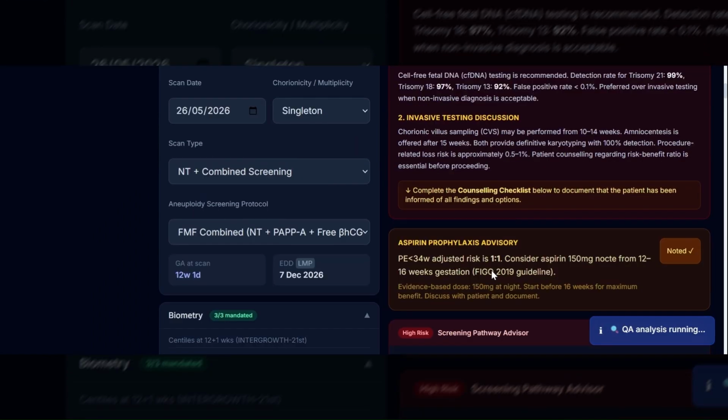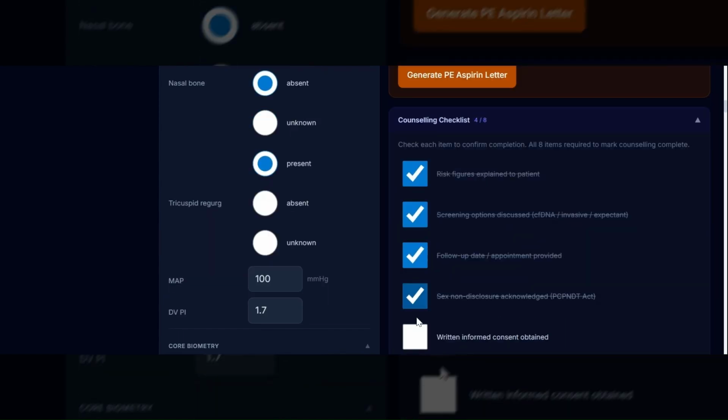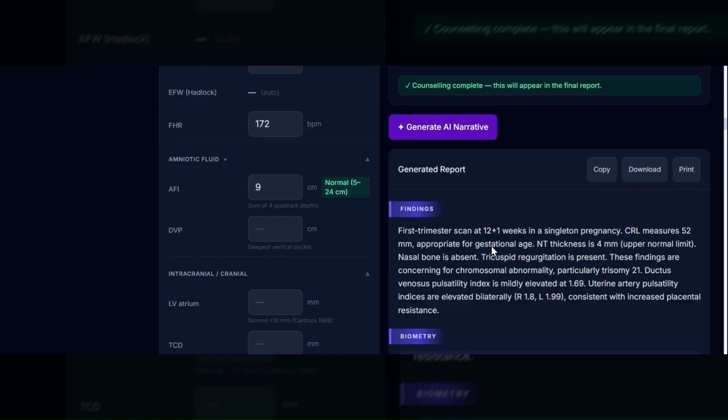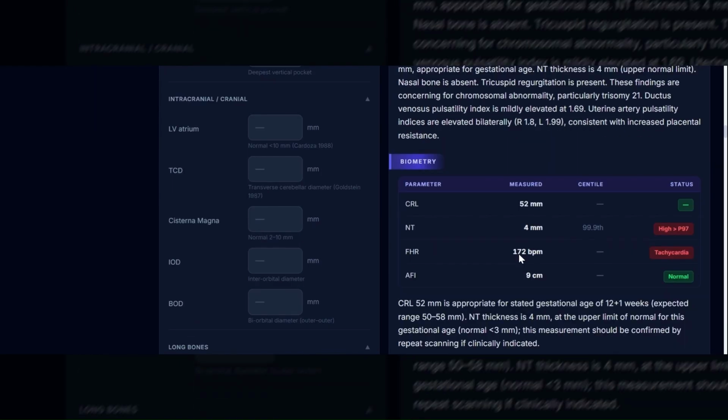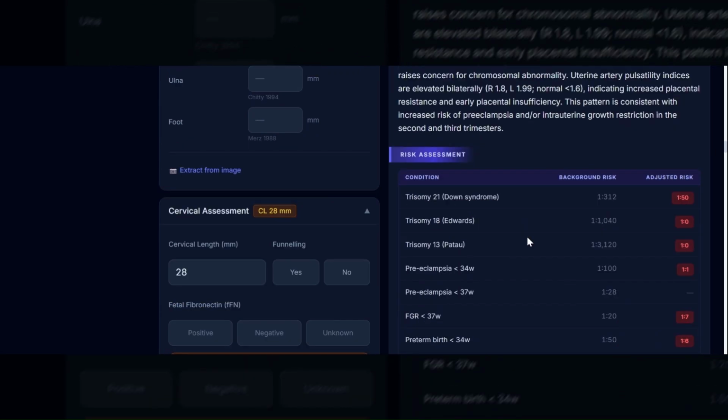workflow. Fill in the maternal biochemical tests, blood pressure, or diabetic profile for complete risk assessment. Generate the AI-assisted report. The system helps maintain structured and standardized fetal medicine reporting. The AI assistant may also provide intelligent prompts and structured suggestions during the reporting process to improve completeness and reporting